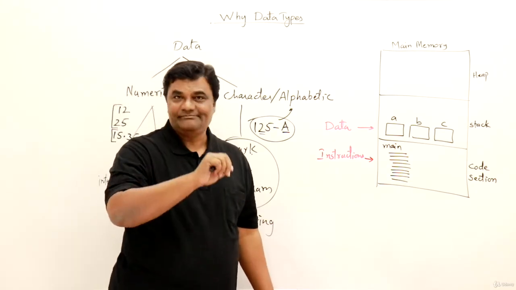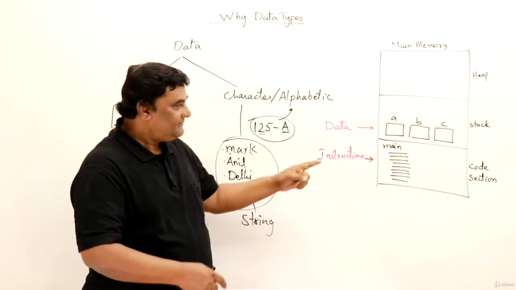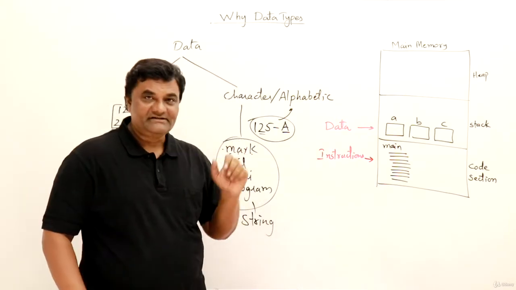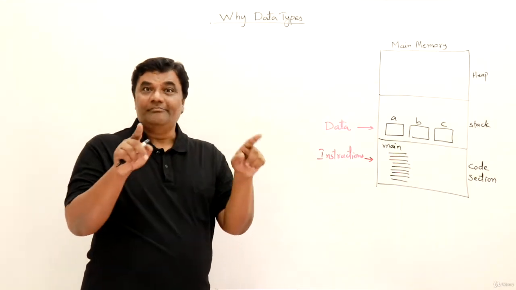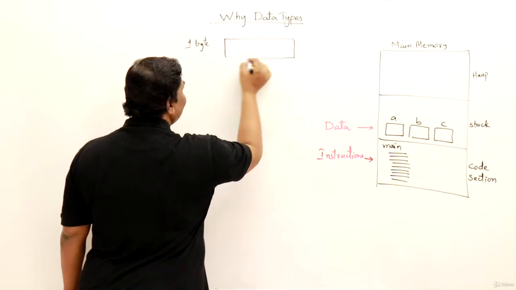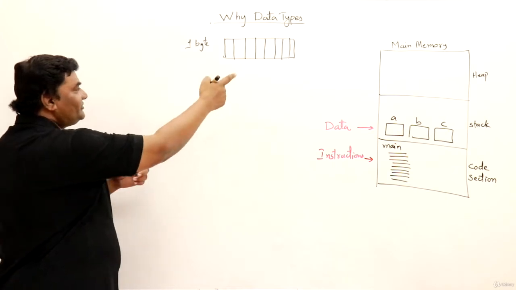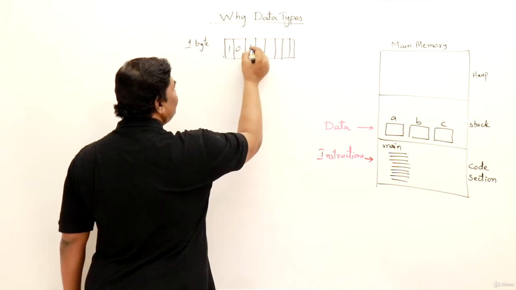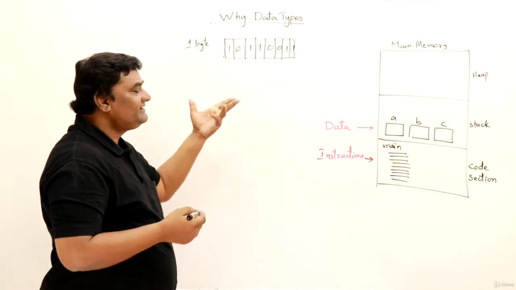Now let us come to the next point. See, this type of data has to be stored in the memory so that the program can work on it. So let us discuss this point. I will remove this and discuss. When it comes to memory, memory is defined or represented in terms of bytes. So 1 byte is nothing but a collection of 8 bits. So these are 8 bits, a collection of 8 bits, and data is stored in the form of zeros and ones in this. Whatever the form of bits may be, this binary form we say is data.